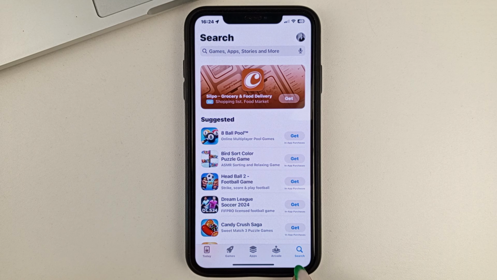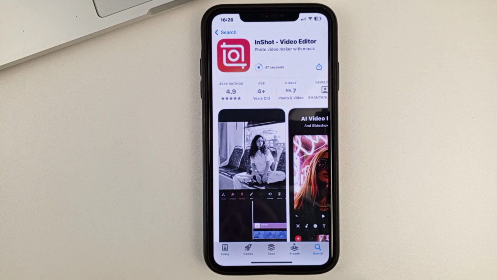It could be your phone password or it could be your Apple ID password. And once you do that, you're going to start the process of downloading this app. And as you can see, you'll be able to watch this download process. It also tells you how long the app has left to download.